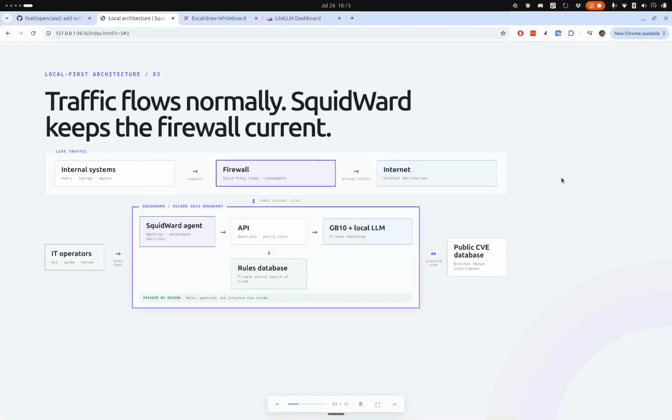And again, since this is sensitive data, the architecture of Squidward runs completely local. From the architecture diagram, we can see that Squidward, the API, the inference, and the database, they all live 100% locally within an enterprise's infrastructure. This means enterprises can be 100% sure that none of this data is leaving their infrastructure